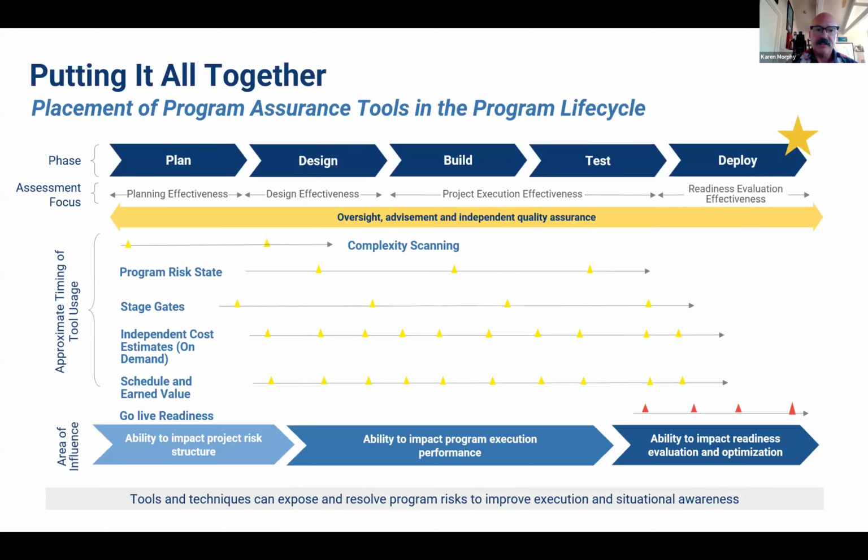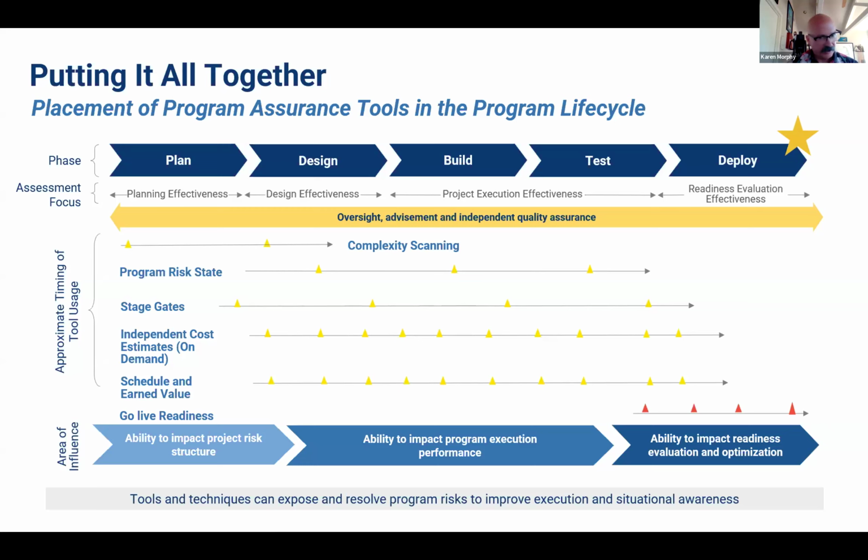So what this slide really is, is an attempt to put it all together for you. And I modeled this after when I've helped other EPMOs put together a "what do we do for a living" kind of chart. This chart basically shows, at the top, the different project phases that you typically have on a project, and obviously you could customize this, and then where you would apply different tool sets at different points in the project. So as you can see, the complexity scanning you'd want to do in the planning and design